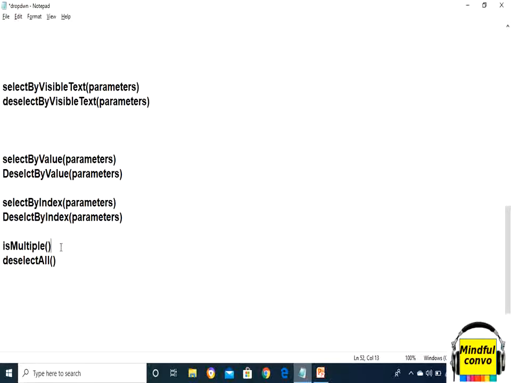So if any drop down allows us to select multiple values and we have selected all the values, and in one go we need to deselect all the values, then we will use this method deselectAll. And the isMultiple and deselectAll methods do not take any parameters.